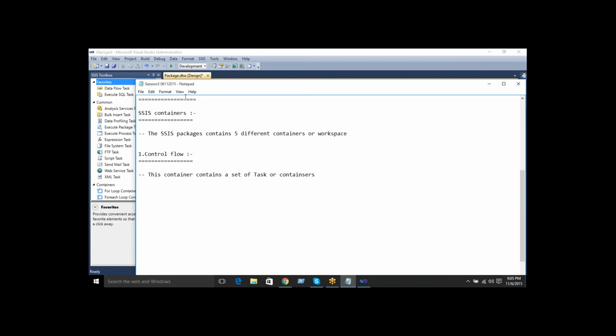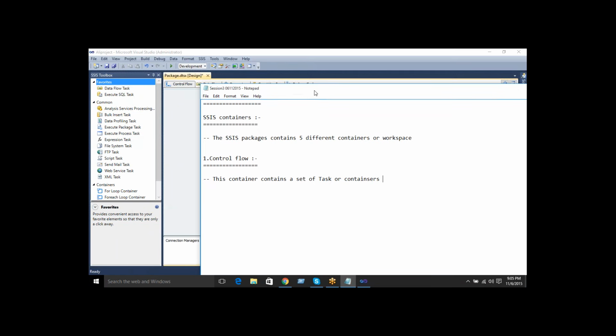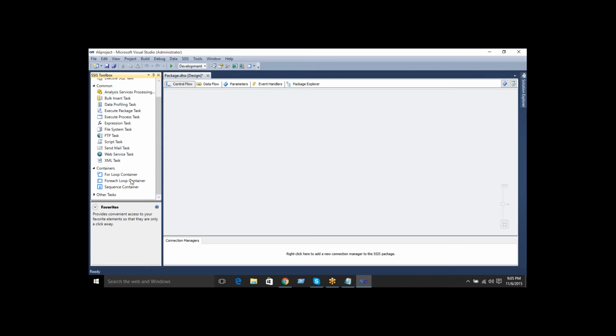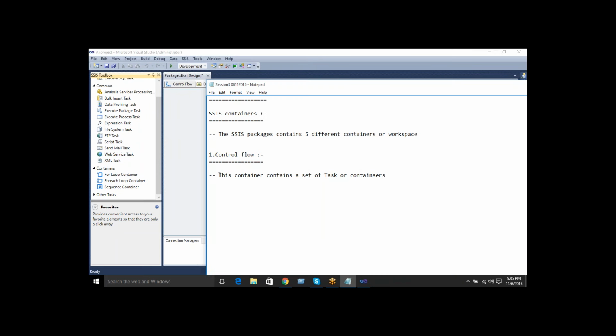In that control flow, there are different types of tasks and different types of containers. A control flow contains a set of tasks and containers, which can be executed either in sequence order.